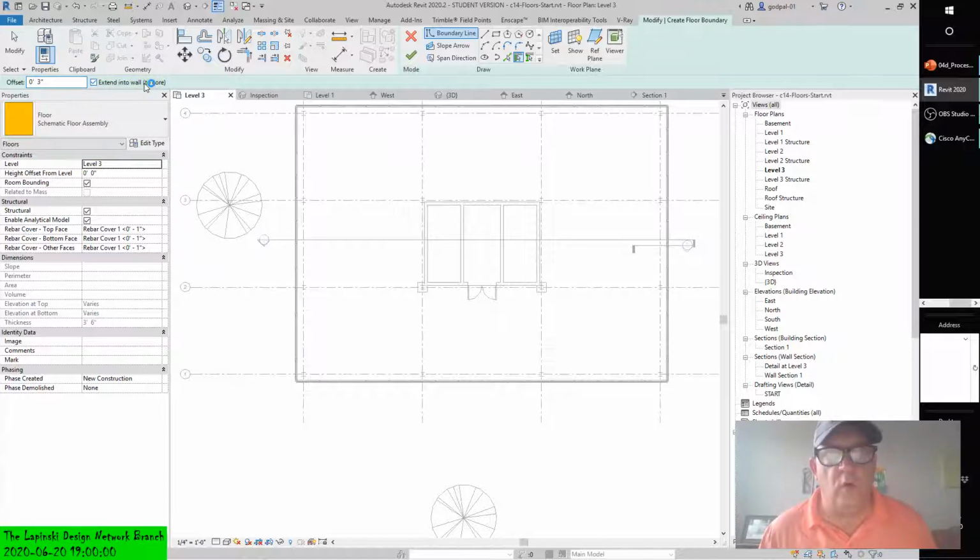Extend into wall core. Give that a second, something's threading in the background. Okay, so